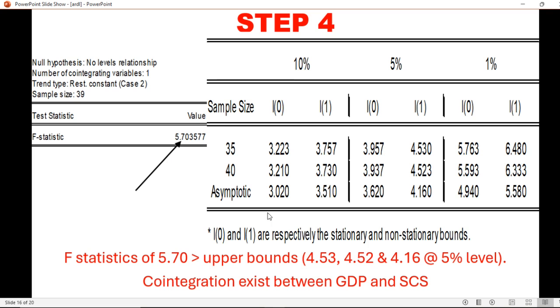Okay, now look at the F statistic 5.703577. If the F statistic is greater than the upper bounds, which are 4.523 and 4.160, and also greater than the lower bounds at levels, 3.957, 3.937, and 3.620, then it means cointegration exists between GDP and expenditure on social and community service. That is the interpretation. The fact that the F statistic 5.70 is greater than the lower bound and upper bound